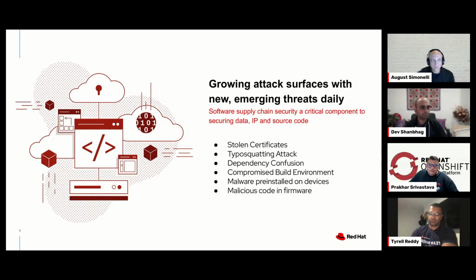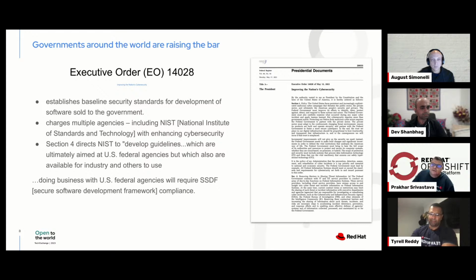Okay, so it's not just us who are worried, even the governments around the world are worried. So again, the US had just done an executive order, which is 14028, which is enhancing the cybersecurity. It is basically a security standard for software purchased by the US government. NIST is the key player which is charged to boost the security measures. They are creating guidelines mainly for US agencies, but we can learn from the same standards how we can make our software supply chain more secure. So we are just learning from those standards which NIST is trying to make as well.